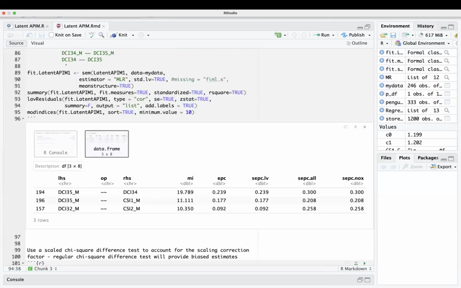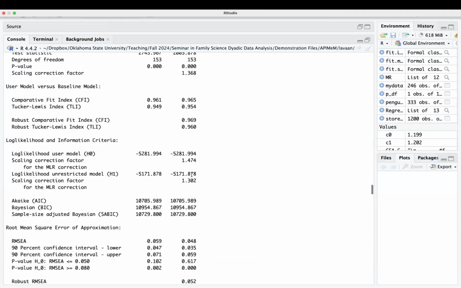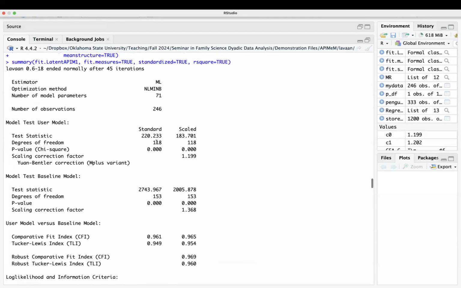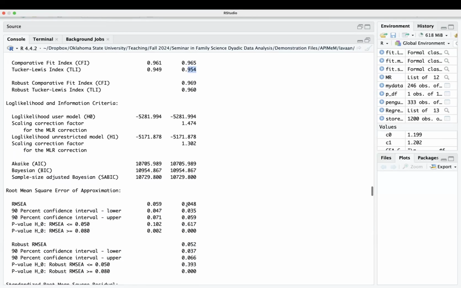All right, so we'll go ahead and open this up, and we'll scroll up. Before, our previous model had 120 degrees of freedom, we added two parameters, so that means we are down to 118 degrees of freedom. Again, a nice way to check that we have the correct model and our syntax is error-free. So we can begin to take a gander. We can see our CFI and our TLI both went up, so we're moving in the right direction. Our RMSEA,